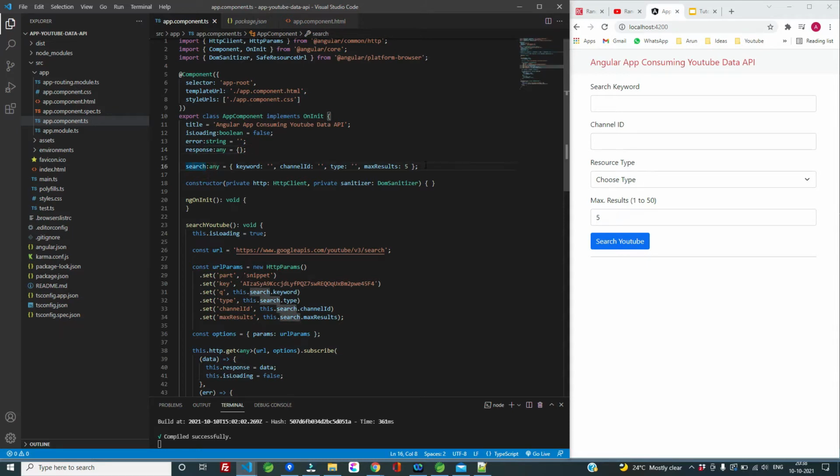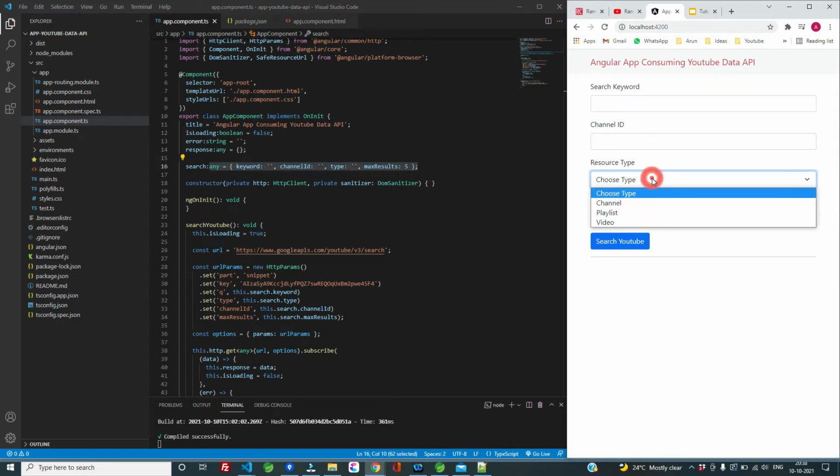Then we have added one other variable for search. Within this search object, we have keyword, channel id, type, and max results. These are actually mapped to the 4 input fields that we have: the search keyword, channel id, resource type, and max results.